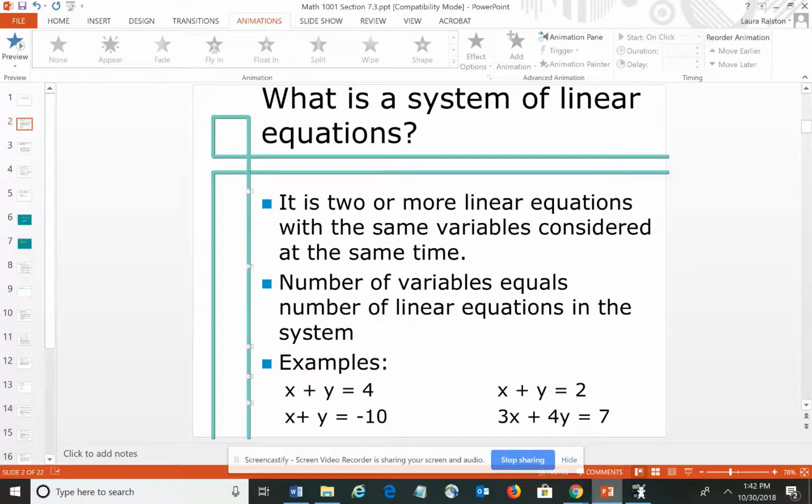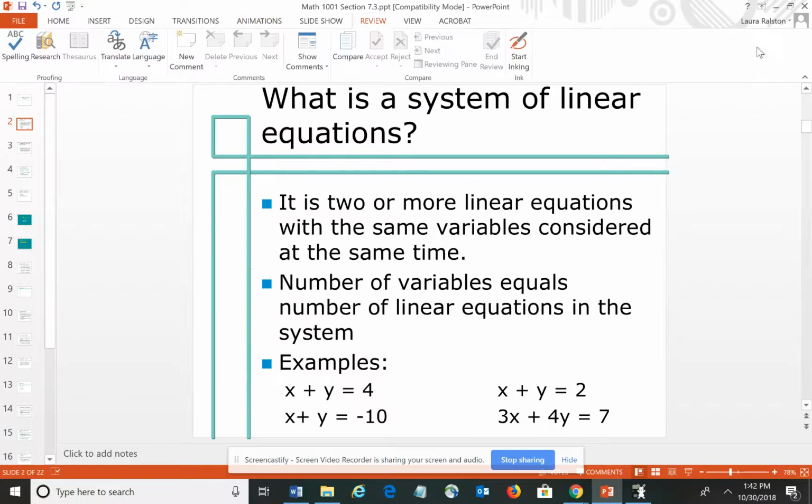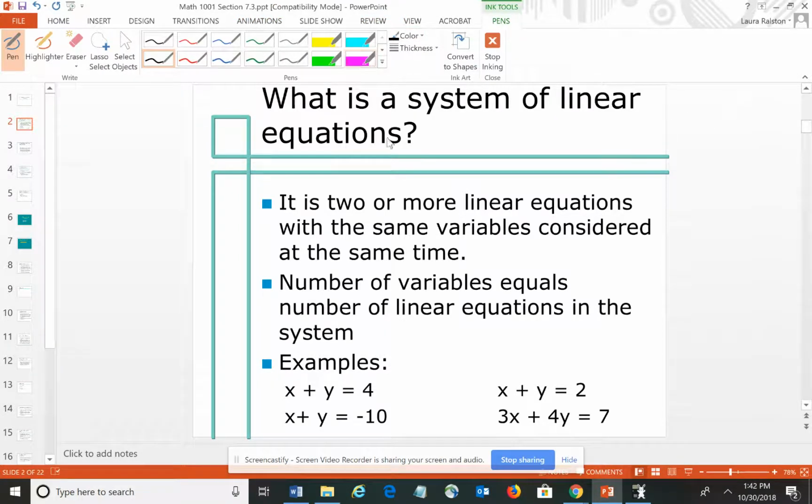One of the key things about a system is the number of variables equals the number of linear equations in the system every time, all the time. The number of variables must equal the number of linear equations in the system. So if you look at the two examples that we have here on the screen, you'll notice that we have a system that involves x plus y equals 4 and x plus y equals negative 10. We consider those together. It's a system,